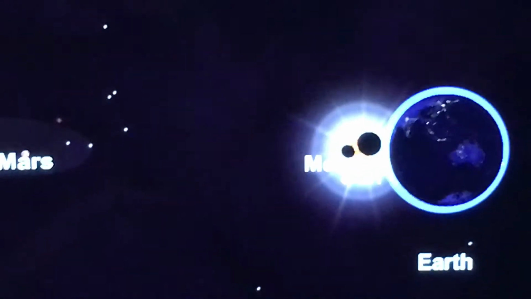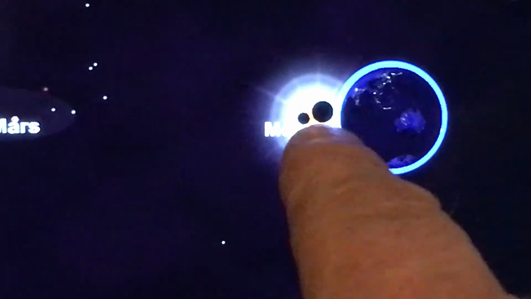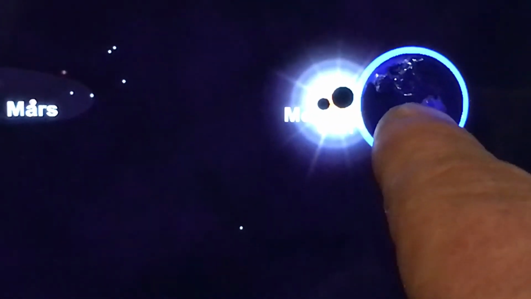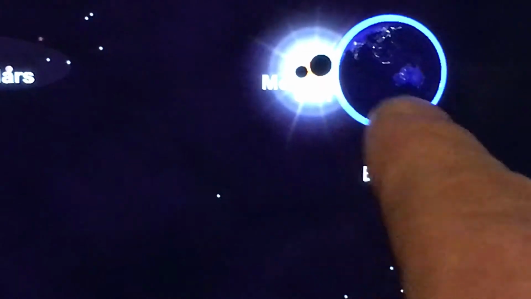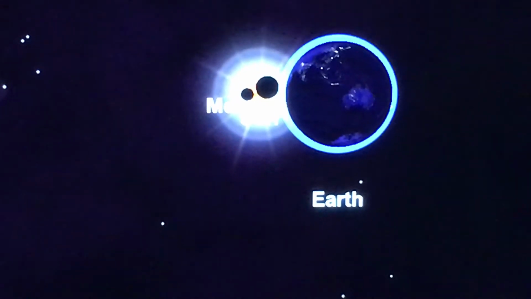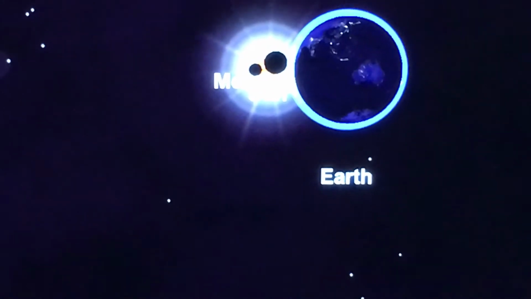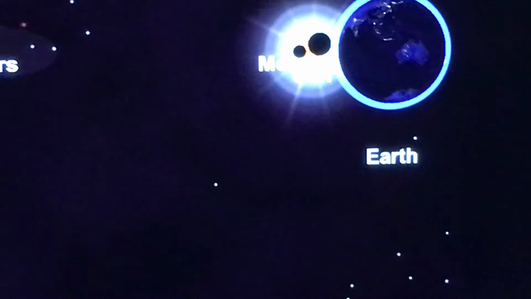Okay, so the sun is in the middle of the Earth, which puts that all at the proper ecliptic for the sun in relation to the Earth. And that big glare you see, the big black dot you see is the moon. The little black dot you see is Mercury.